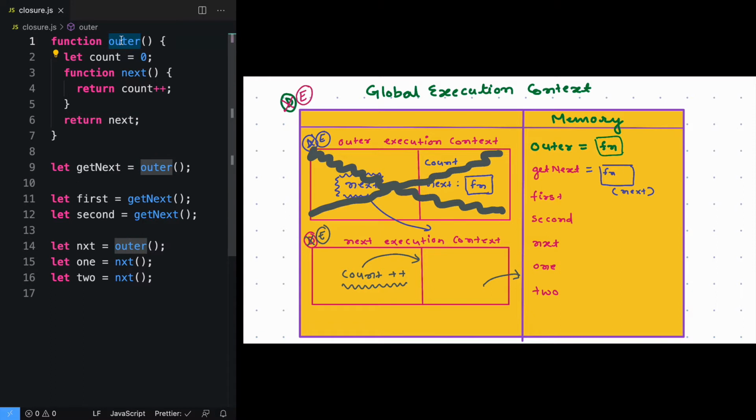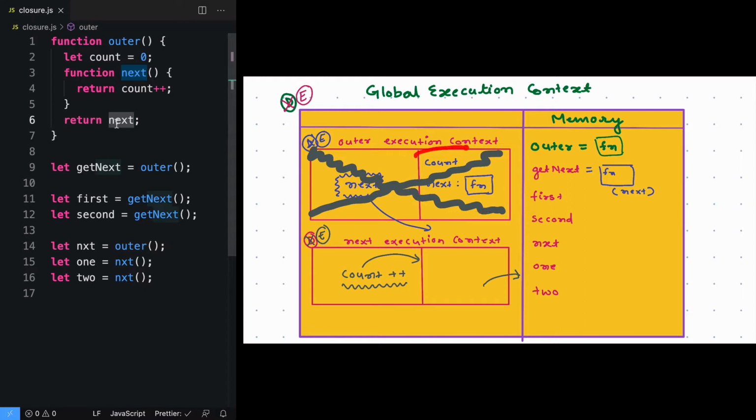So outer is a higher order function. So whenever a higher order function returns a function that is next, it does one special thing. When it gets returned from here, it also brings back the environment in which it was created. So look at this. What is the environment around which it is created? In the environment, we have a variable named count. So whenever a function reference is returned from a higher order function, the environment around it also gets returned with that function. What do I mean by that?